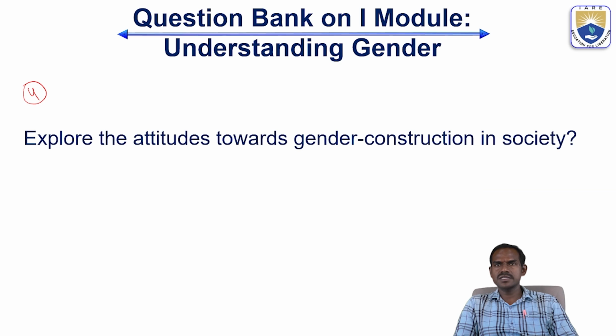A world record you can get in cycling, or a national record, or a record in a particular region. Then also you will get certain fame. So that is how gender is constructed, whether it is man or woman, that doesn't matter. Gender is constructed by their attitude, what kind of functions or activities they perform.